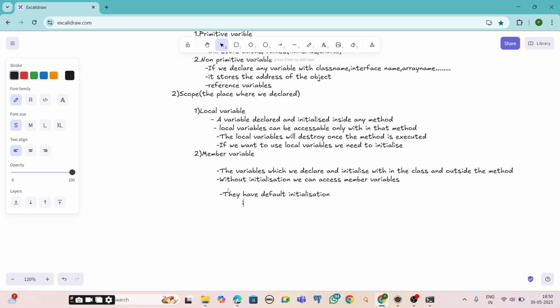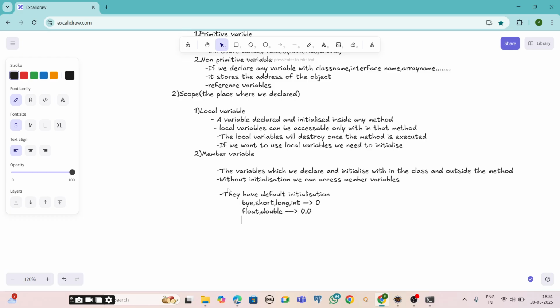If the data type is byte, short, long, or int, the default initialization will be 0. If it is a float or double, the default initialization done by the constructor is 0.0.